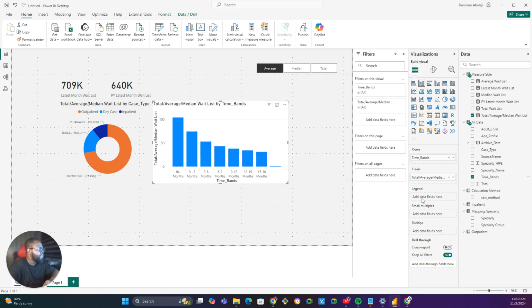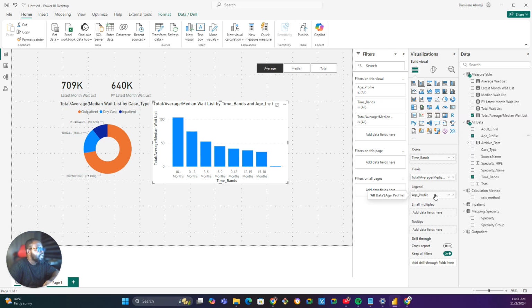Then for legend, I'm going to bring something in. So this blue color can be broken into different categories. I want to break it into age profile. So let's bring age profile into legend. And you can now see all my age profiles are here. Blank is in blue. I have purple, I have orange, I have blue. Different age profiles for the different